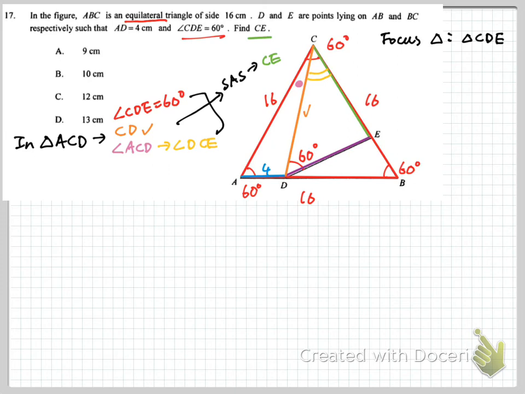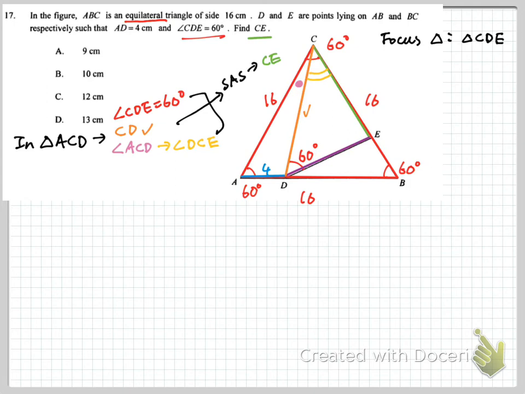You may pause the video, go back, look at this plan, and try to finish this question. See how much time you have to spend on this one. In this triangle ACD, you get the orange line CD using SAS. Once you have CD, you can use the SSS cosine formula to get the pink angle ACD. Once you get the pink angle, you do 60 degrees minus it, and then you get the yellow angle DCE. So now you have the yellow angle DCE, you have the